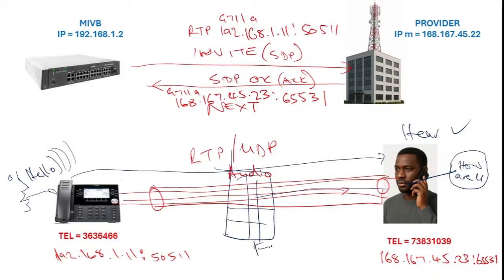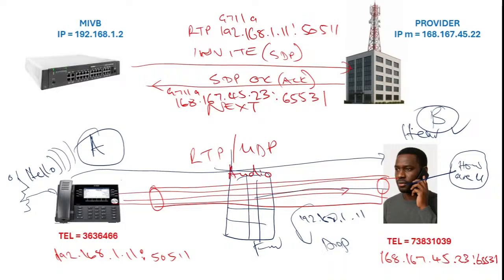die on the firewall, because if this IP address is 192.168.1.11, the ISP cannot route this, so it's just going to drop this packet, and this person is not going to hear the response from the external party. The internal party is going to hear, but this one is not going to hear. A is not going to hear, but B is going to hear,